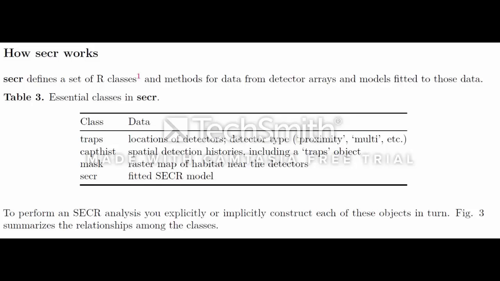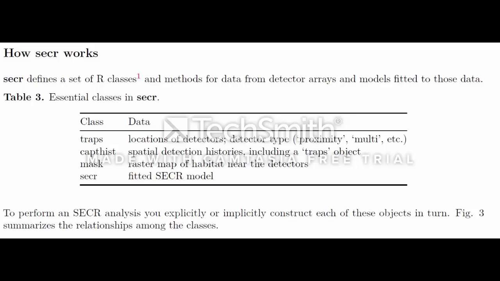So Seeker defines a set of R classes and methods for data from detector arrays and models fitted to those data. This is just a hyper-intelligent way of saying Seeker takes data and makes it into R objects that it can then use to run models, the outputs of which are also R objects. The four main classes or types of R objects Seeker uses are known as traps, capthist objects or capture history,